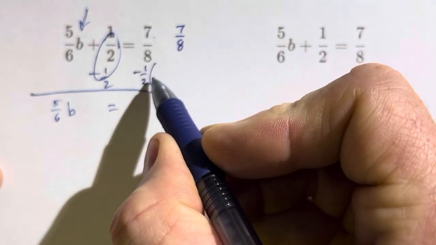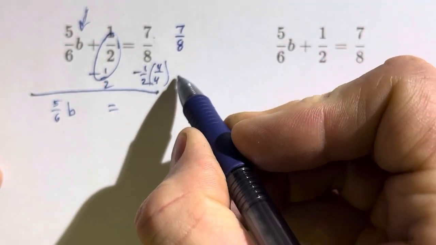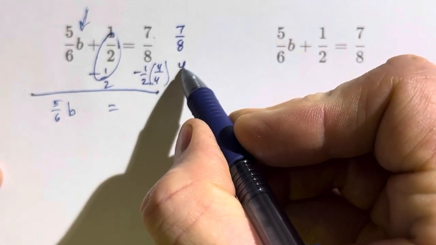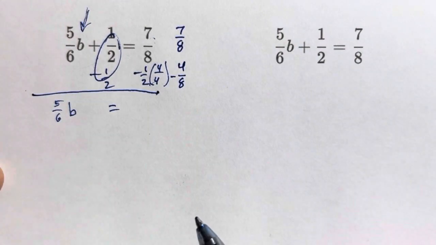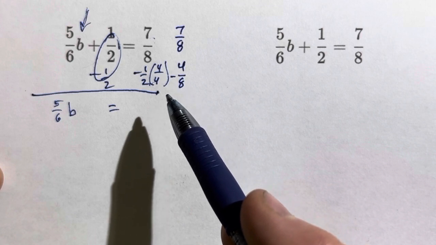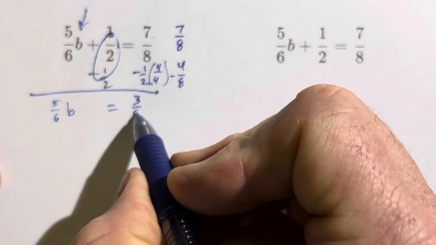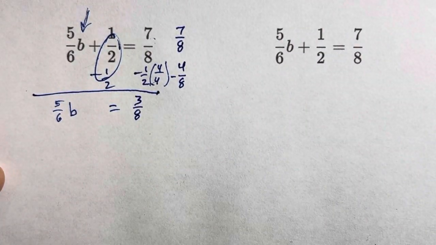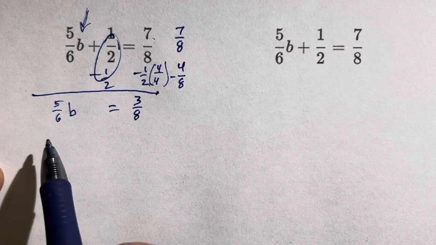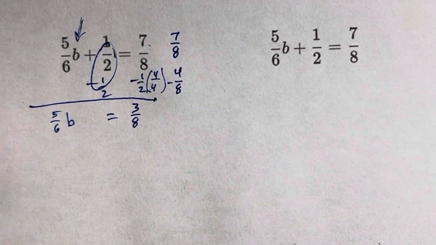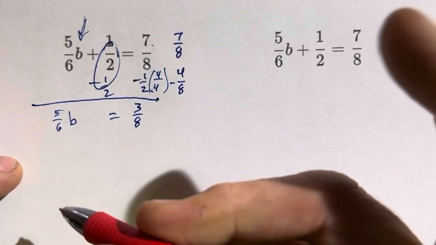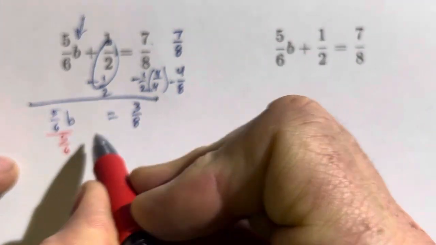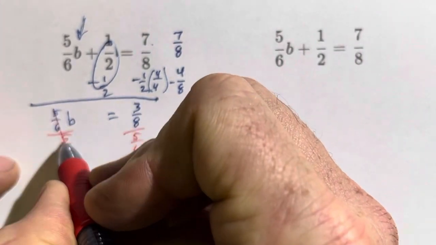This 2 goes in 8 4 times, so I multiply both the top and bottom by 4, and that's going to be 4 over 8. So that's 7/8 minus 4/8, which is 3/8. All right. Now, I've got 5/6 times b, so I need to divide both sides by 5/6, which makes this cancel off,